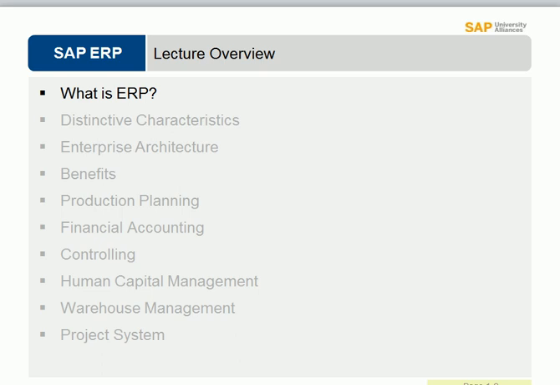We all know that ERP stands for Enterprise Resource Planning. Enterprise Resource Planning. And this is a type of system that supports all internal business processes within an organization. So all of the different functional areas within an organization can use an ERP system to support its daily business processes. There are, of course, distinctive characteristics of this system, and it has a specific architecture that we will talk